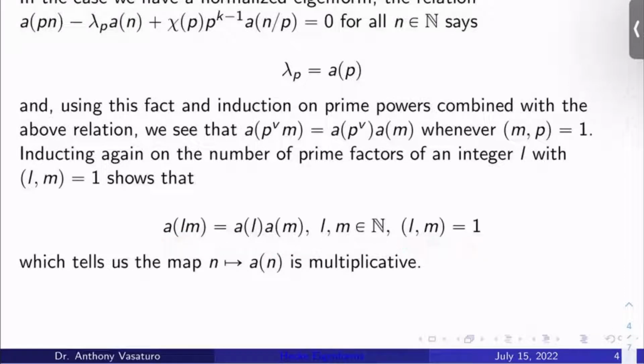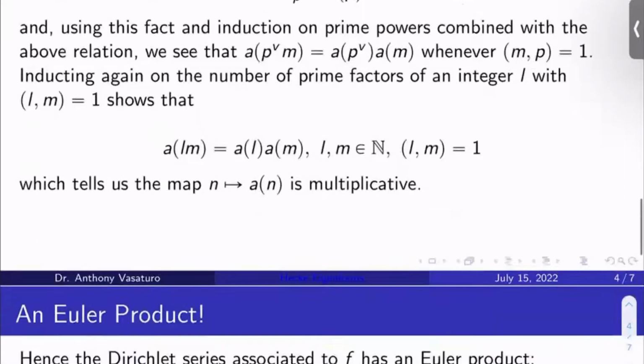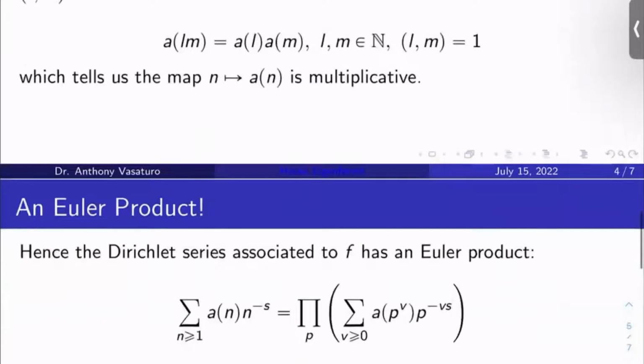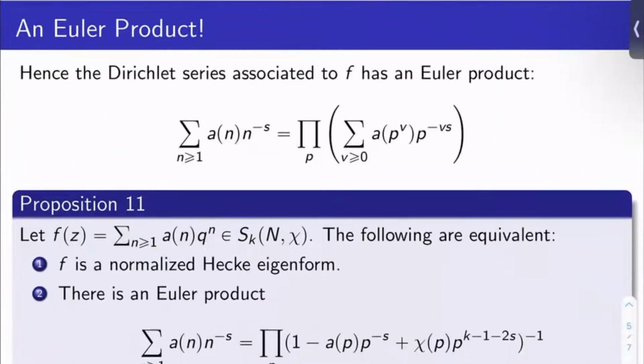So what this is saying is that Fourier coefficients of Hecke eigenforms are multiplicative on co-prime indices. Okay? Or in other words, the map that sends n to a of n is multiplicative on co-prime inputs. Okay? And so what this tells you is, much like the Riemann zeta function has an Euler product, you can say